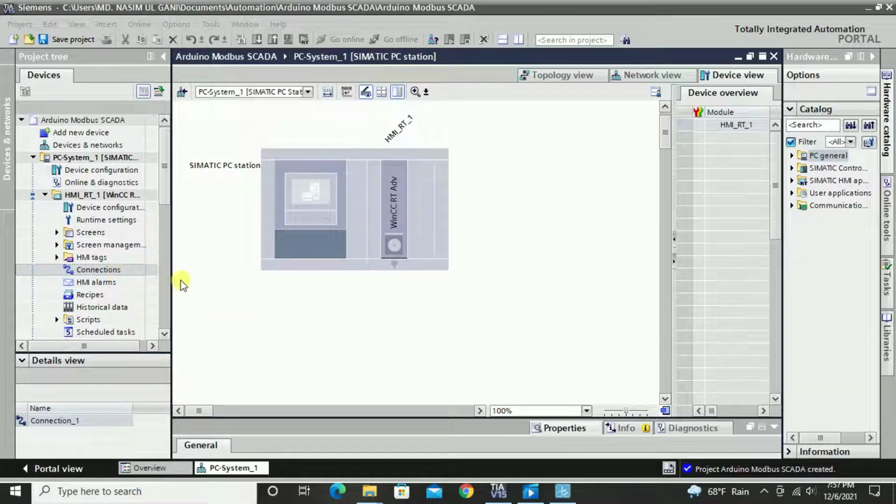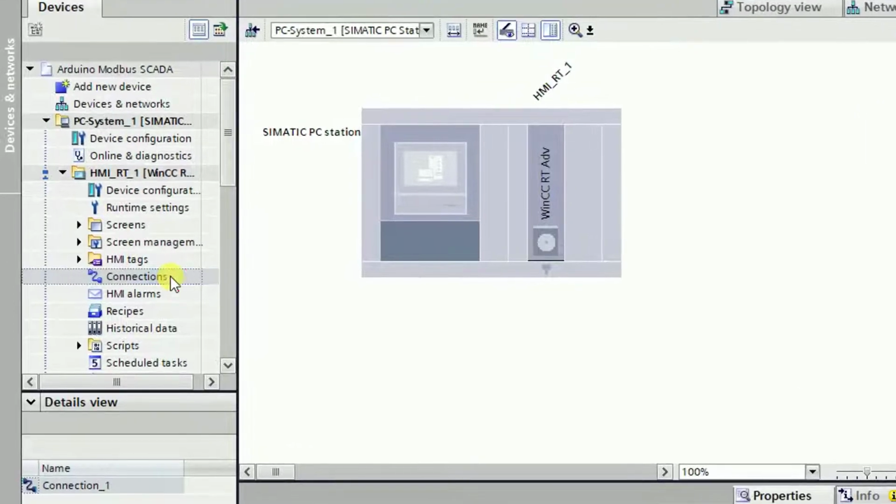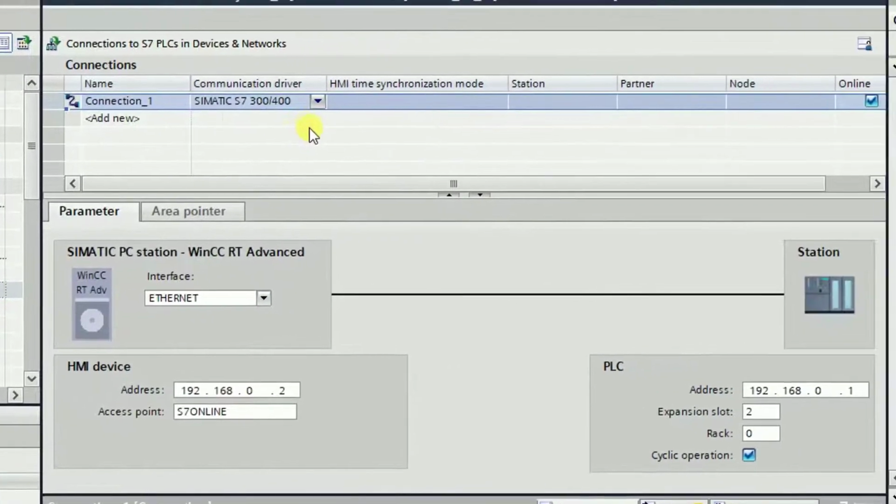Before creating the SCADA scan, first we have to add the Modbus communication driver and properly configure it. Click on the Connection tab. A dialog box appeared on the right side.